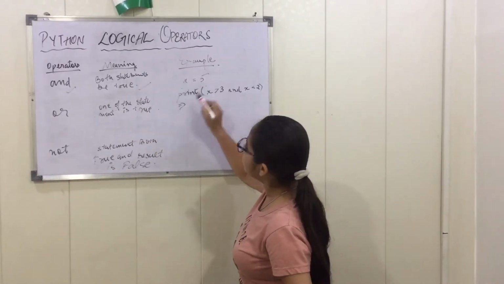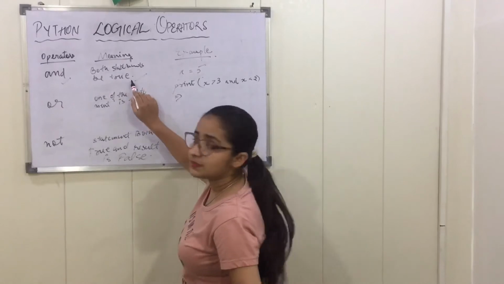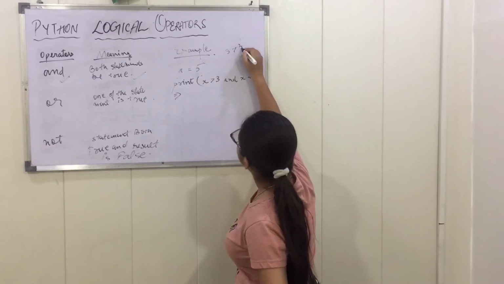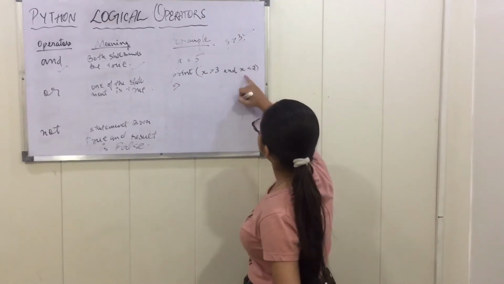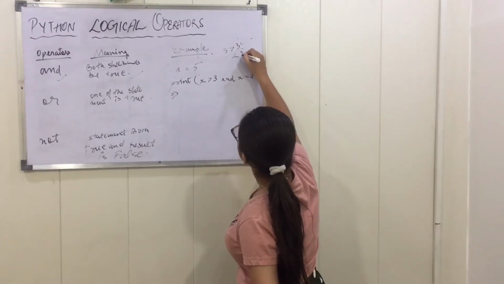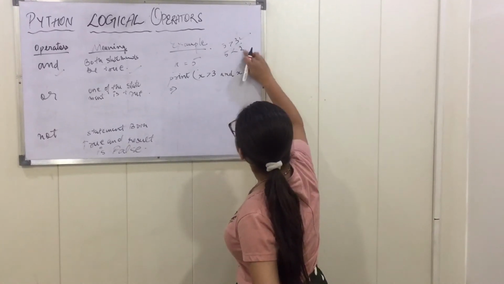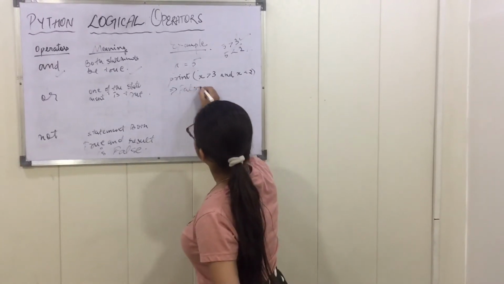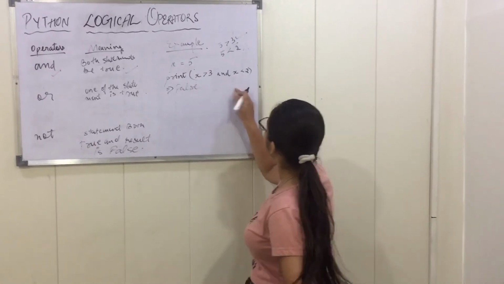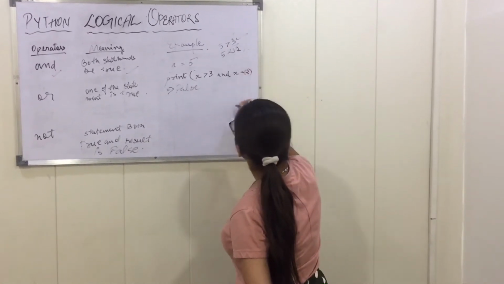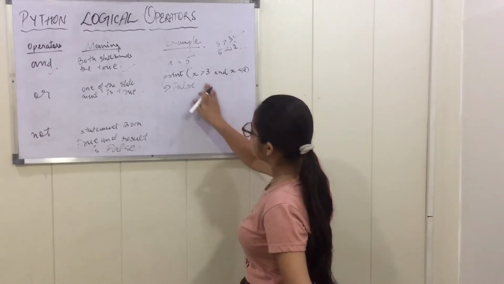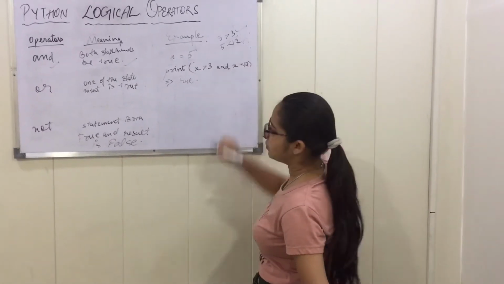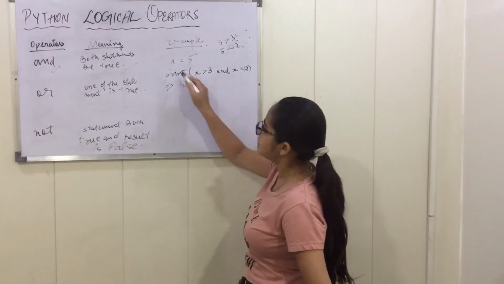So we will check the statement. In an AND statement, both statements must be true. This one is true as x's value is 5, so 5 is greater than 3. The second is x's value less than 2. This is not true, so the answer will be false, because both should be true. If I take 12 here, then 5 is less than 12, so the answer will be true as both statements are true. Hence this is the format.